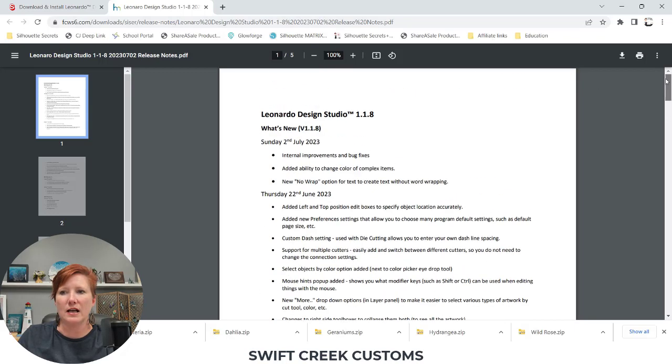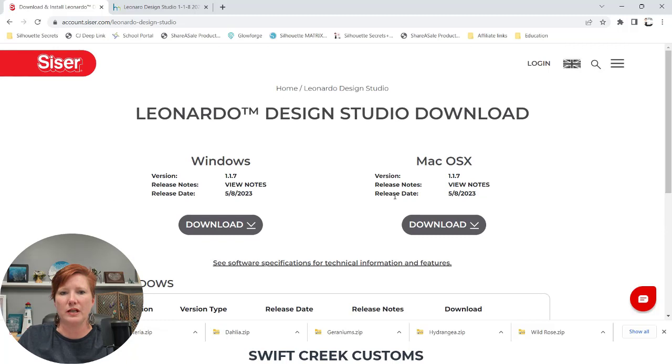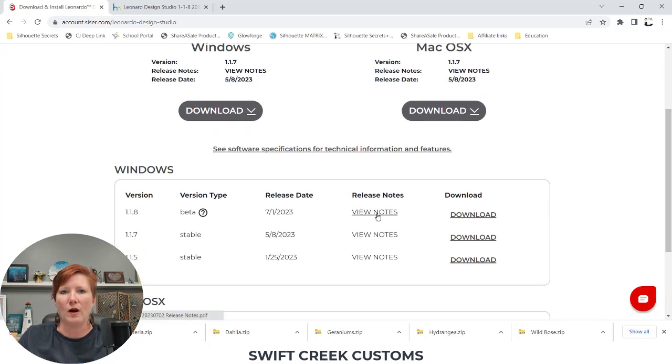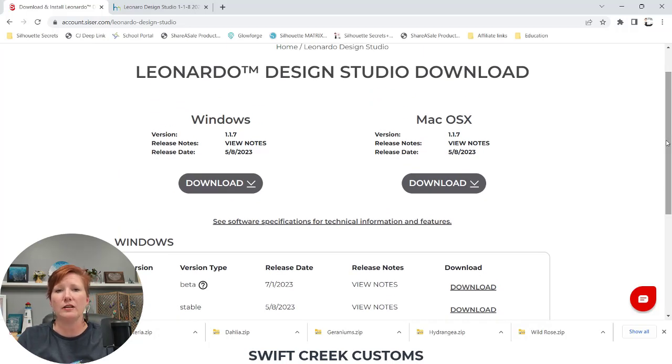So again, this is on the siserna.com website. Once this goes to current release, you're going to see it here at the top for the Windows and the Mac users. And then you will also see release notes here. That's where you can find the same information as what I clicked on down here for the 1.1.8. You can read those notes. You can get into the software every time there's an update released and you can play. So we're going to jump back over to the Leonardo Design Studio software